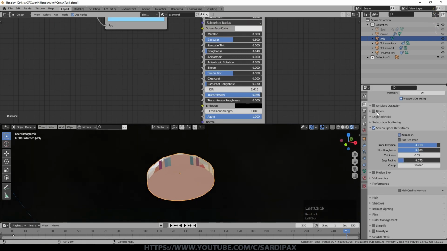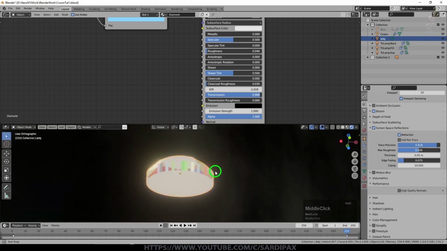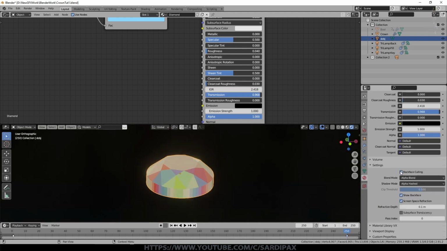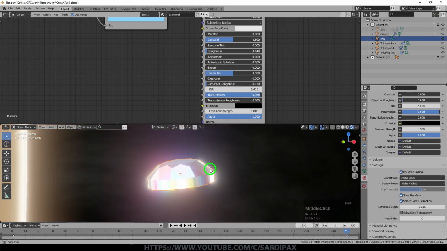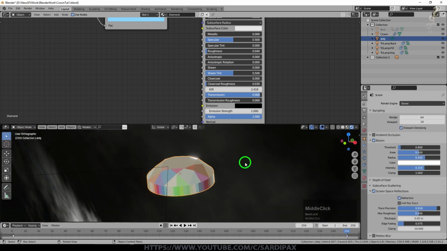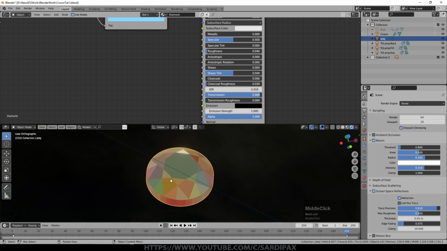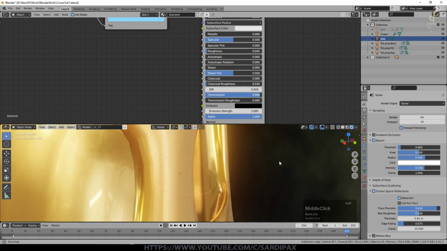colors. We can also turn on bloom, of course, which will give us a few extra little elements, and if we turn on backface culling for the material, you can see we get a slightly more glittery sort of gem, but we lose some of the transparency. I'm just going to turn that bloom down a little bit. It's just a little bit less intense, and as I said, I used more pastel colors originally for my gem, but you can get the general idea of how that works.